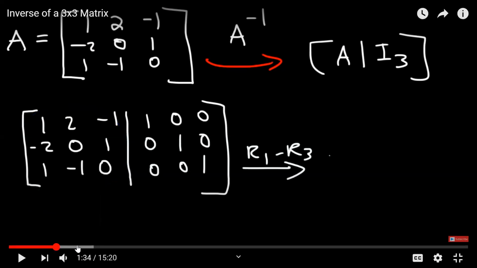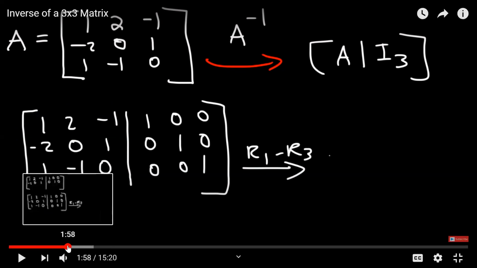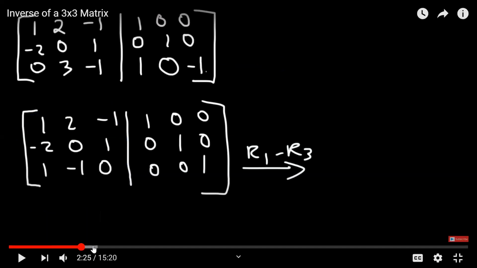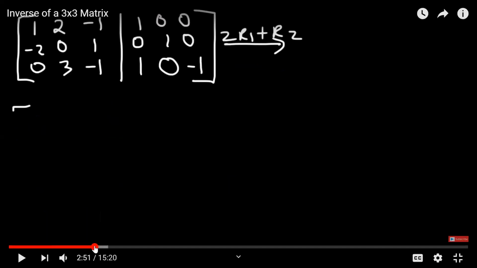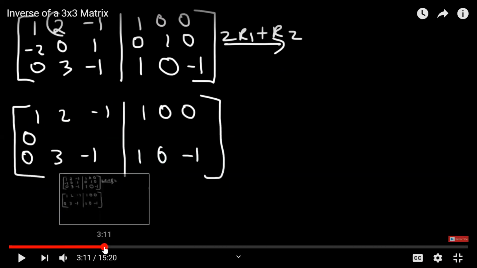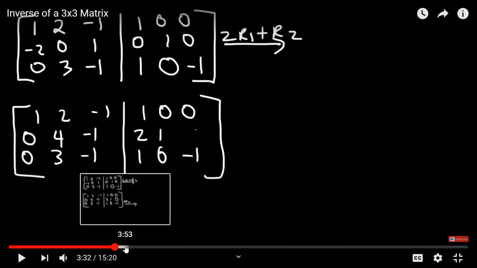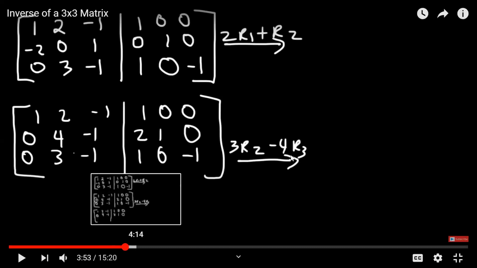And we are going to do these row operations, R1 minus R3, and we will try to eliminate this -2 and make it 0. We will try to eliminate this also to 0. We will try to bring a 1 here, and then we will try to make this 0. So all those operations we discussed last time. So I will just go over it, and you can see what is going on. Then we will do 2R1 plus R2 and those operations. So you can watch this video on YouTube more closely. Then we do 3R2 minus 4R3.